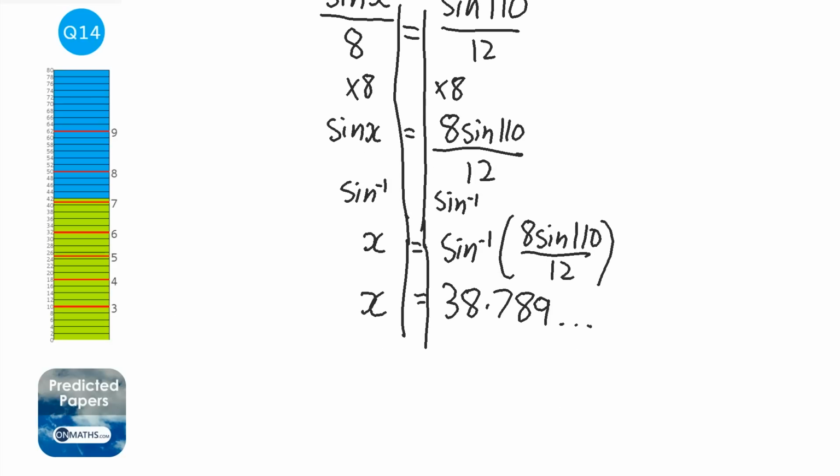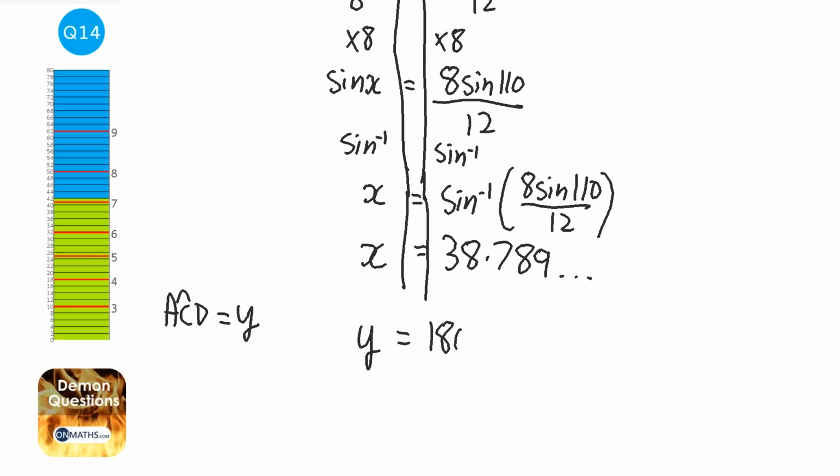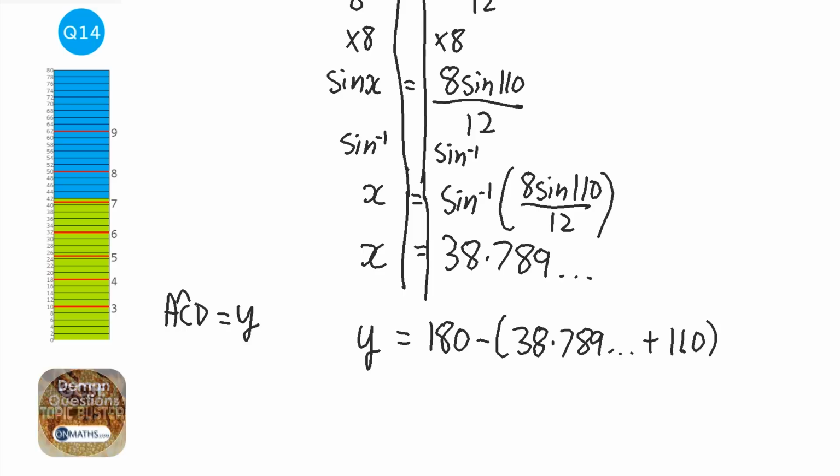ACD. So I'm going to tell the examiner that ACD I'm going to call Y, just to make it a bit easier. So Y equals 180 take away 38.789 blah blah blah plus 110. So I'm going to add 110 to that, then I'm going to type in 180, take away the answer. So that tells me that Y is